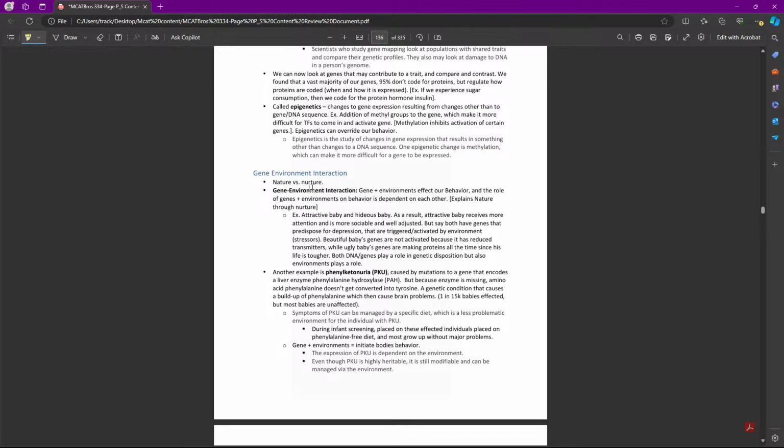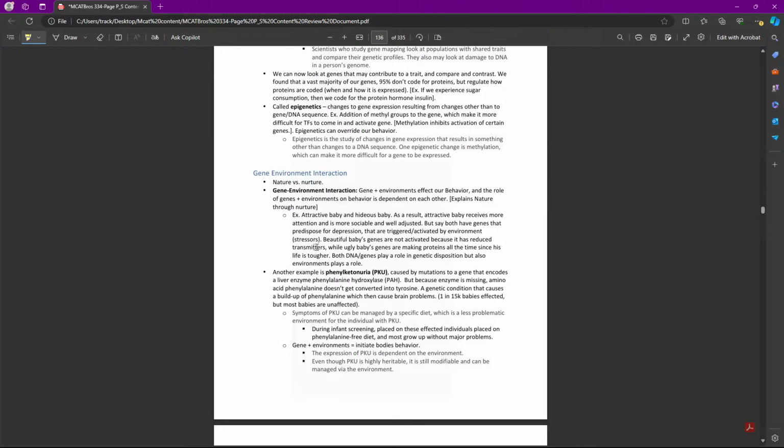Our gene-environment interaction. We've been talking about nature and nurture a lot of times, and here's another point where we're going to talk about it, okay? So, gene-environment interaction: genes plus the environment affect our behavior, and the role of genes and environment on our behavior is dependent on each other. So, this is just another example showing that